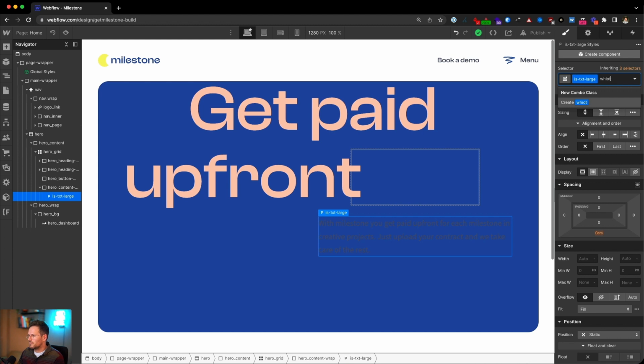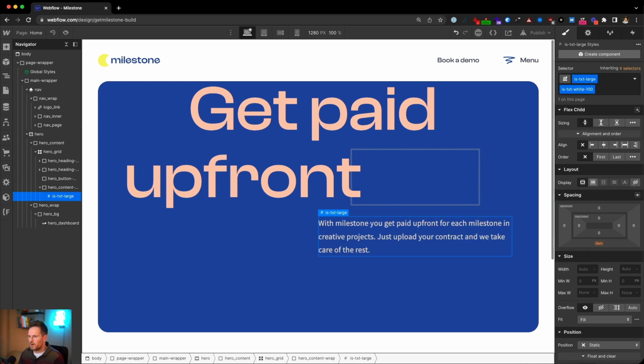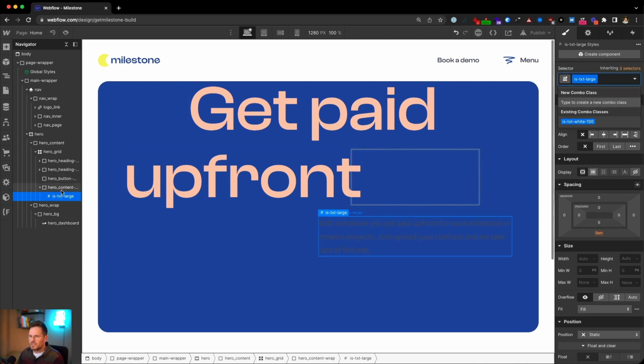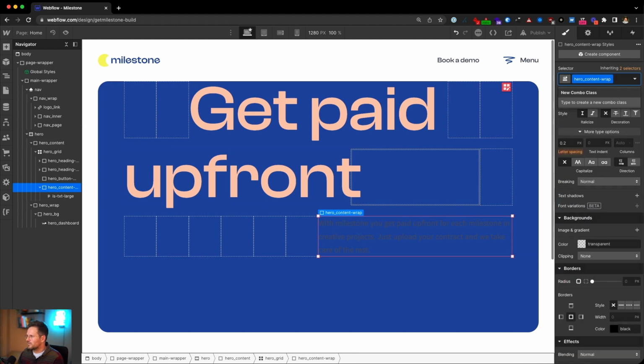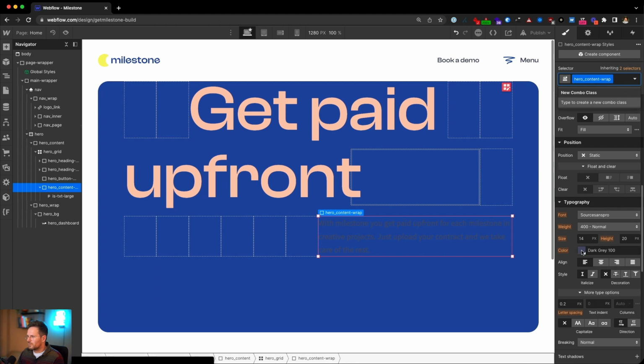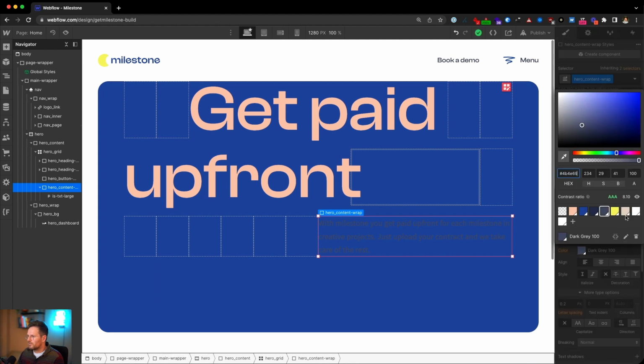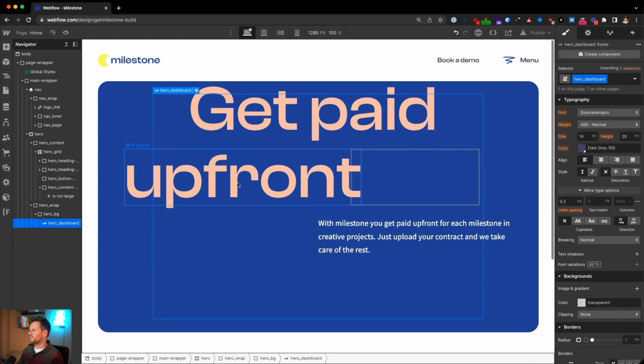Let's just like white is txt white. Okay, that's fine. But now we have a combo class here. Me personally, I prefer to go to the parent and define a color here. So let's go here to the color and give it here the white. So this one, now it's white.